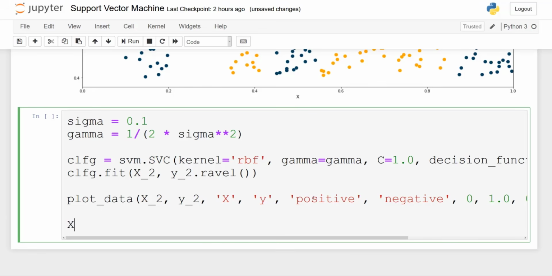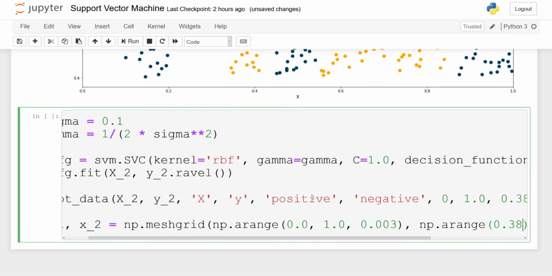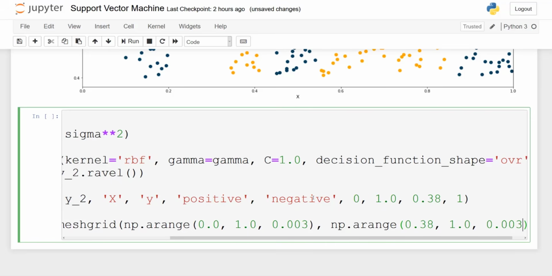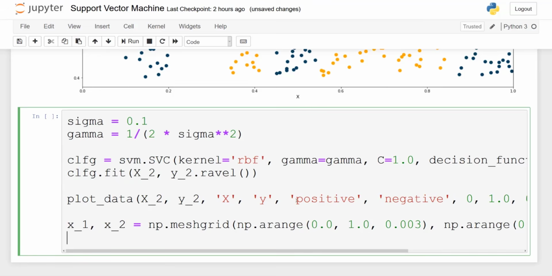And now we will plot the hyperplane, so the actual boundary from the SVM algorithm. So again, as before, x_1, x_2 will be a mesh grid. You range from 0 to 1 with steps of 0.03. So here the steps are going to be slightly smaller because we are drawing a non-linear boundary, and again, it's just to make it as smooth as possible. And from 0.38 to 1 for y.